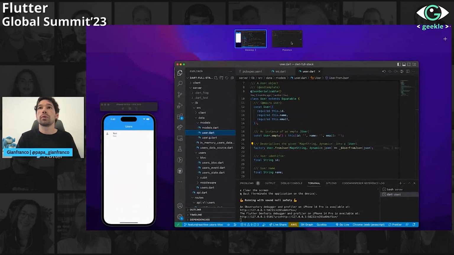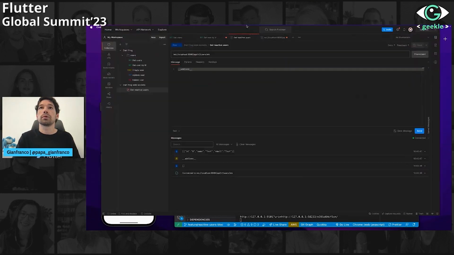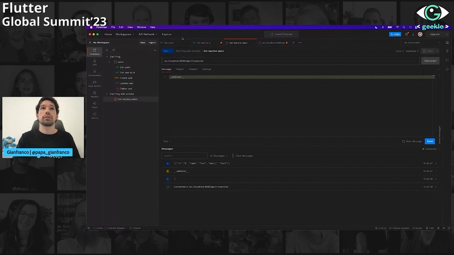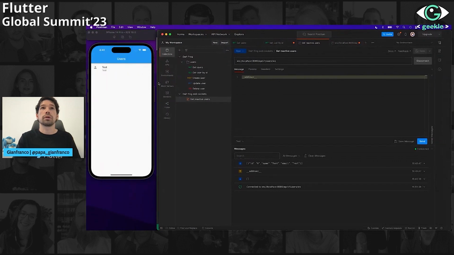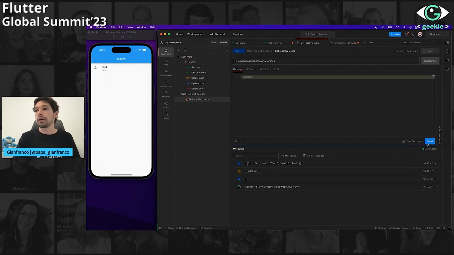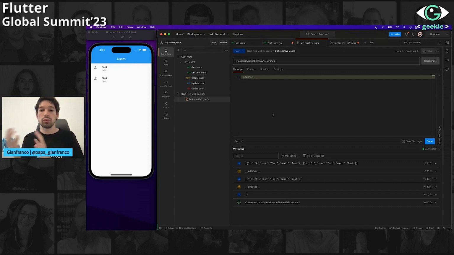And if we want to, for example, see this in real time, so we can actually know that this is happening, we can send another message, and there is another user there. Okay, so this is kind of how we can simulate multiple clients connecting and try to refresh your Flutter app to the things that are happening in the server using WebSockets.